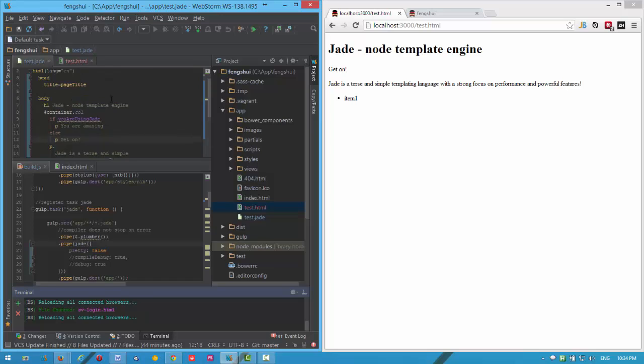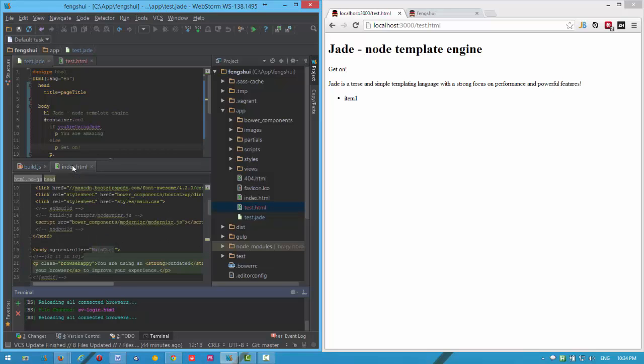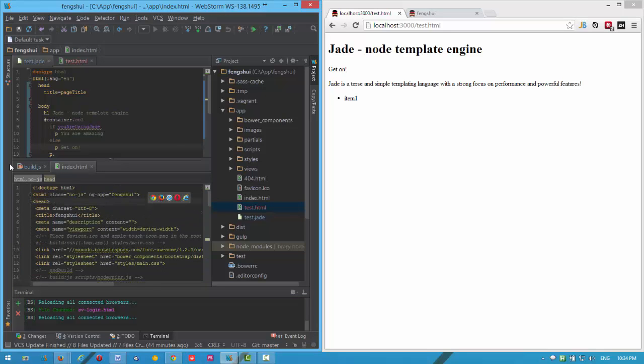The nesting is shown with indentation. So if I'm typing HTML, and inside of round braces I can set any properties, it will be compiled to